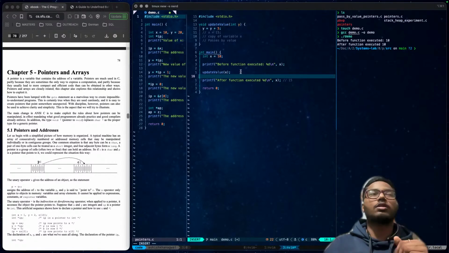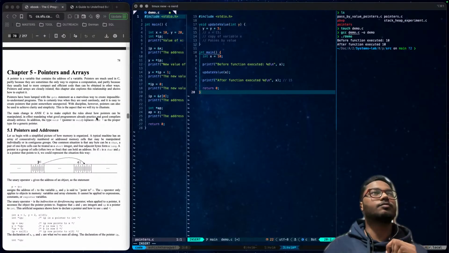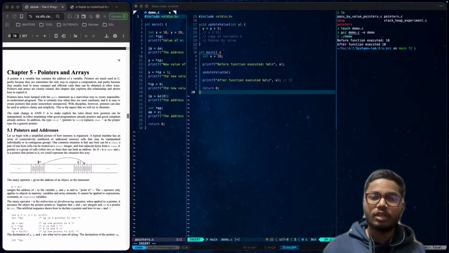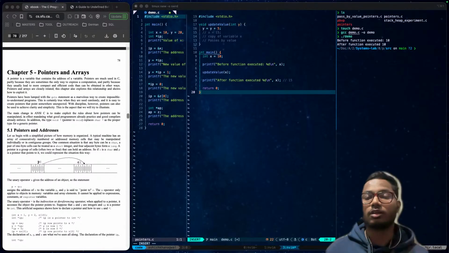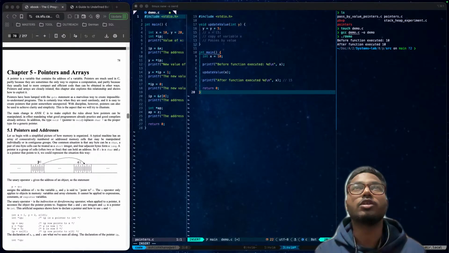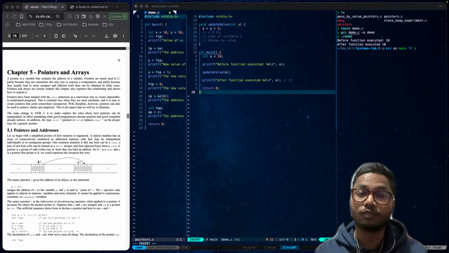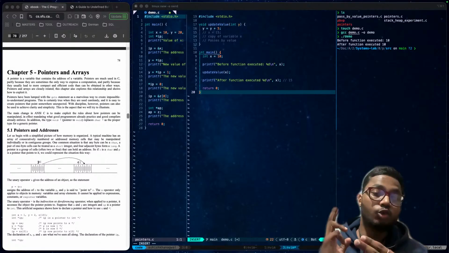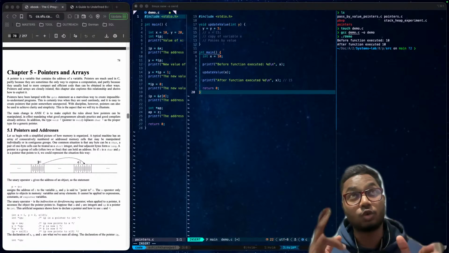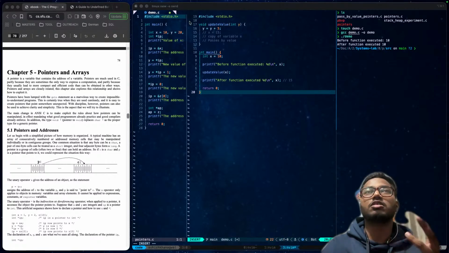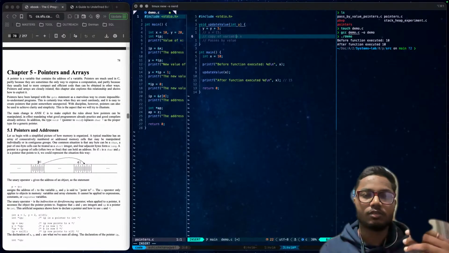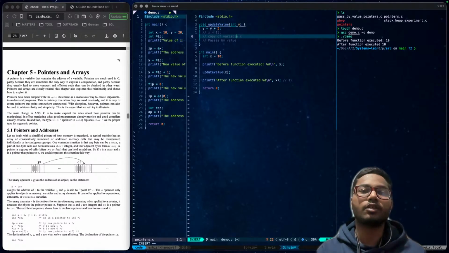This is the concept of pass by value, and that's why passing by reference is really important. Any changes made to that parameter inside the function do not affect the original variable in the caller. It won't affect the original value, because there are now two separate copies in memory: the original variable in the caller function and the function's local copy. This is the thing about passing just by value.